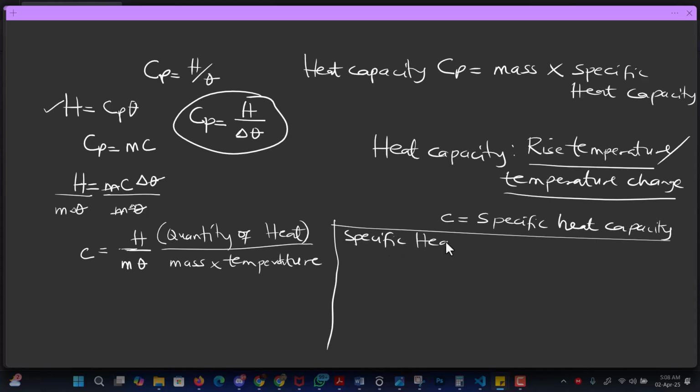Specific heat capacity, which is your small c, of a substance. It must be of a substance or of a body. Okay, let me not use the word body, because the substance can be a solid, and the substance can also be a liquid. So let's use a proper word like substance; I think substance is better, since a substance can be anything. So specific capacity of a substance